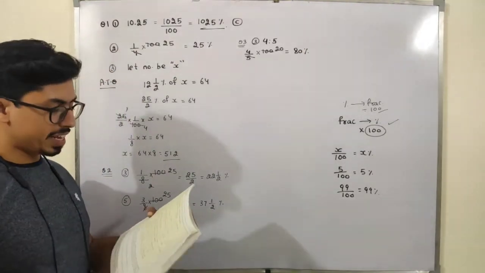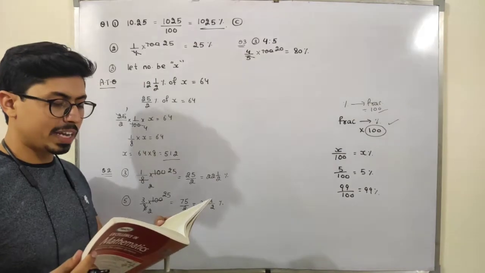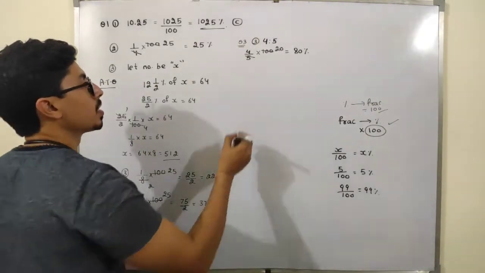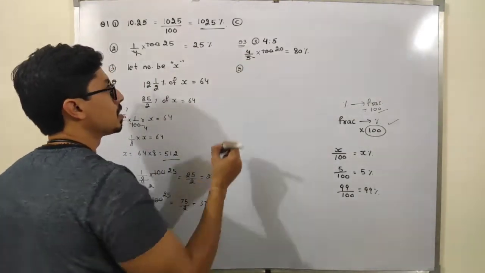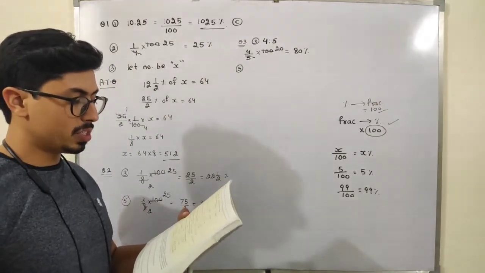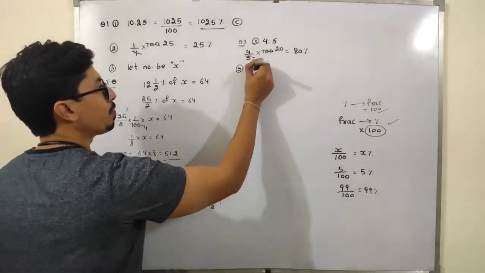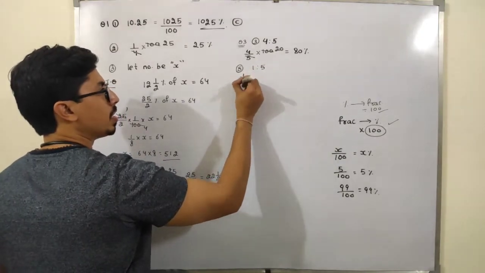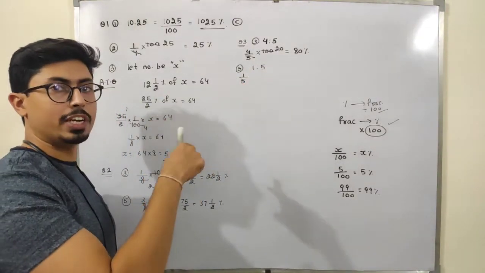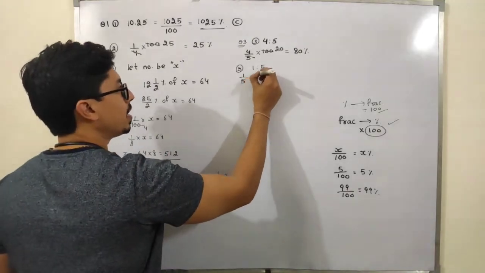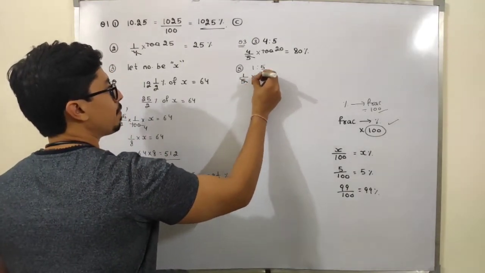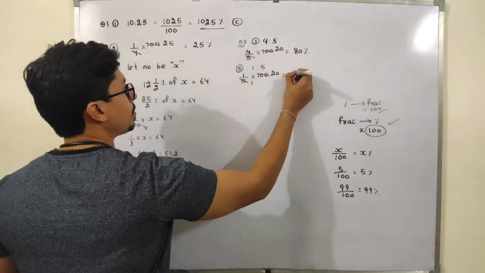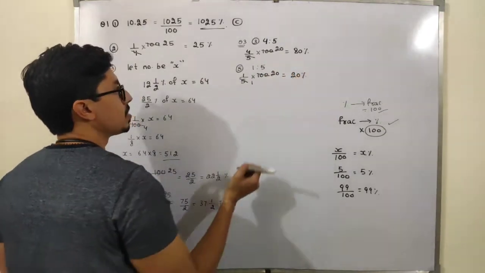Okay. Now if I take any other example students, like if I take part number 5th, it is 1 ratio 5. 1 ratio 5 means 1 by 5. Now I have to convert this fraction into the percentage, so multiply this by 100. So 5 twos are 10, and this will be 20%. So 20% is my answer.